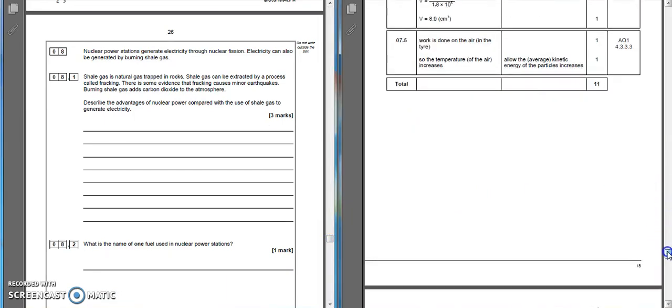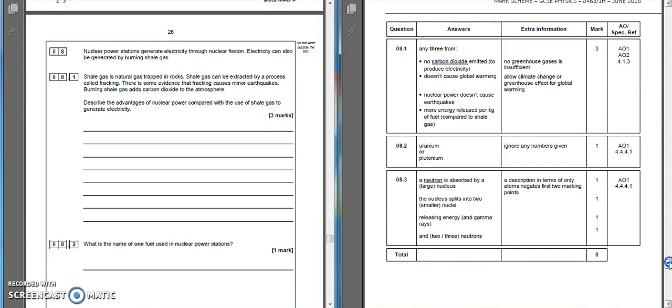We're looking at comparing shale gas and nuclear power. They put this in because this is the sort of thing which is in the news and appearing in things like Blackpool, where they've got earthquakes happening because of this fracking that's going on. This question asks specifically for the advantages of nuclear power. So if you're not saying why nuclear has an advantage, you're not answering the question. I don't want to hear about bad things about nuclear. I don't want to hear about good things or bad things about the shale gas. So